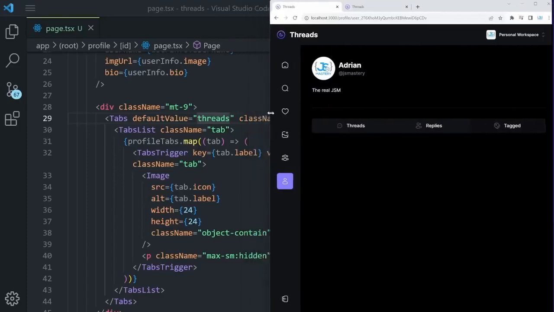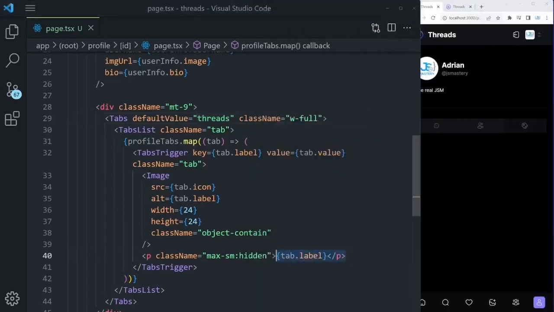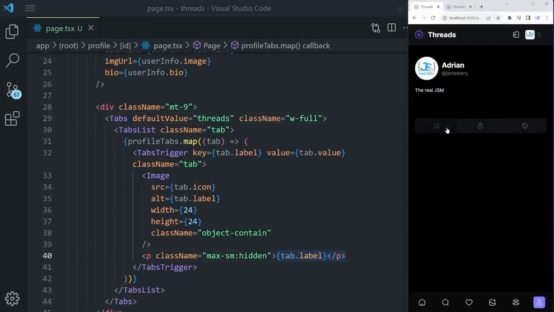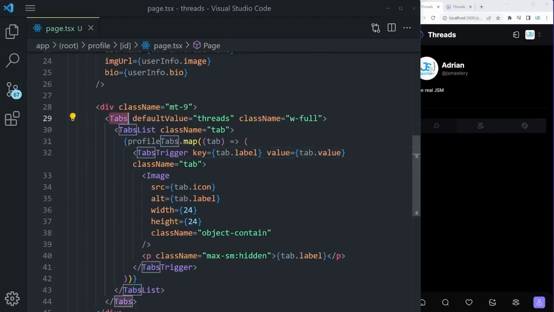Now, on smaller devices, we won't be able to fit all of these, which is exactly why we're hiding the label and just keeping the icon. Pretty cool stuff, and you can see how powerful shadcn is. Of course, here I told you that you have to provide a value, a key, wrap everything in a tabs